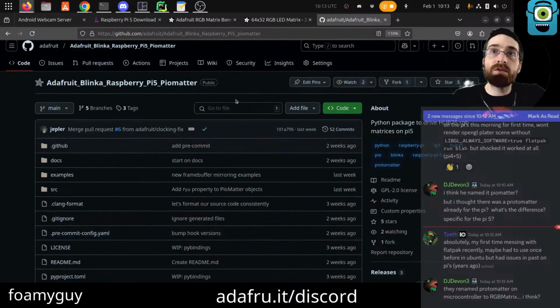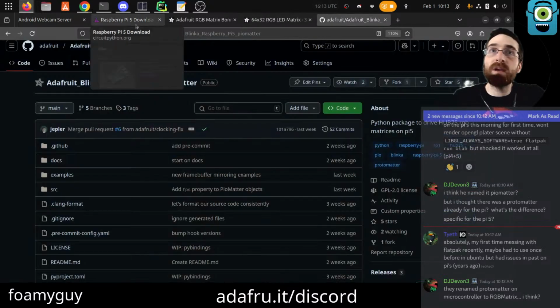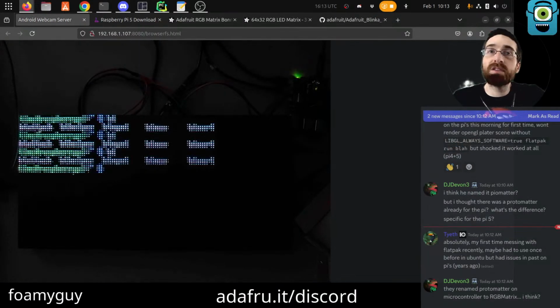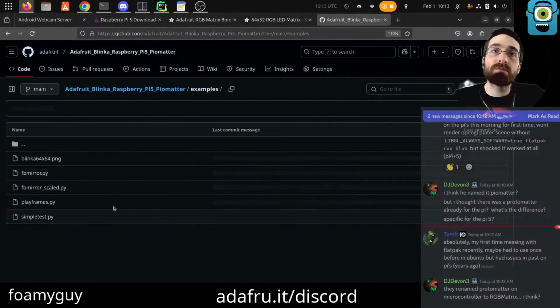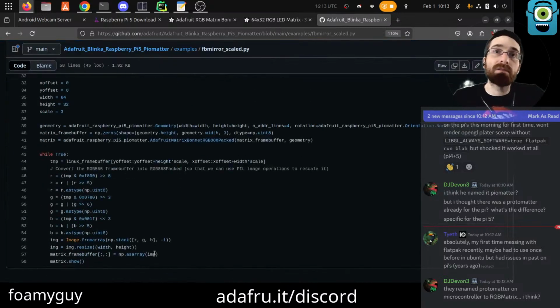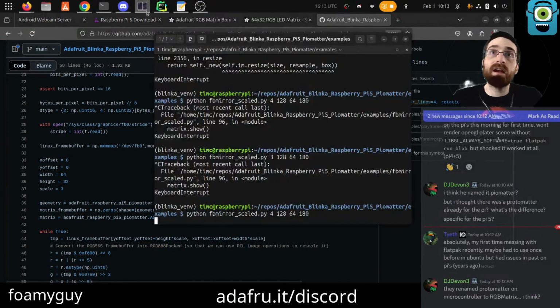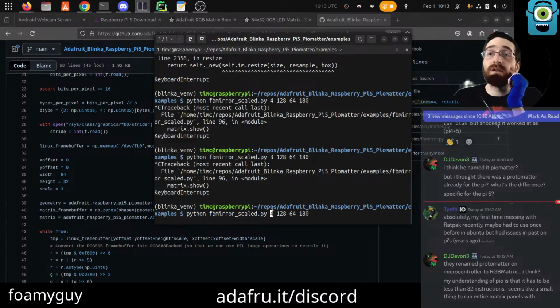And so that's how we can communicate with the panels. What we're doing right now to finish setting the stage is mirroring the frame buffer, by running Python FB mirror scaled, which is an example that's in this repo. However, the one that's in here is all hard-coded, and I have made some changes to my local one, which is why I'm passing all these extra things, which are for the scale that we want and the total size of our panels. In my case, I have 2 by 2. They are 64 by 32 each, and so my total size is 128 by 64.